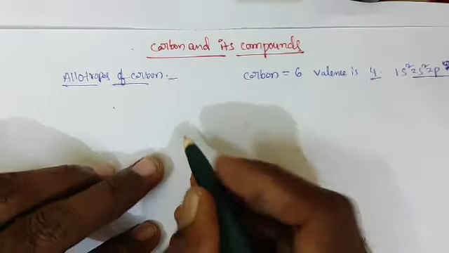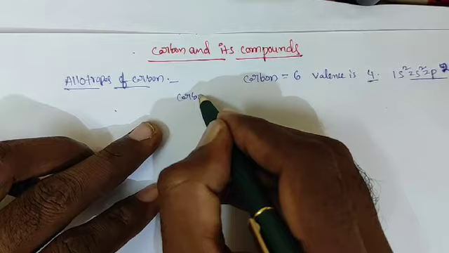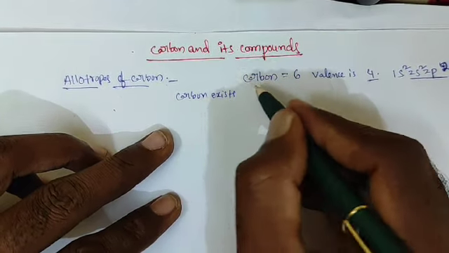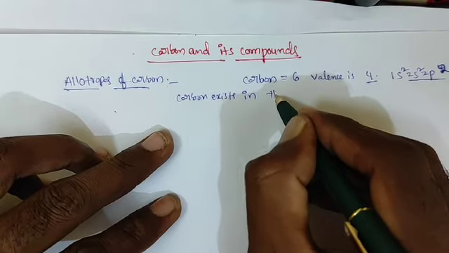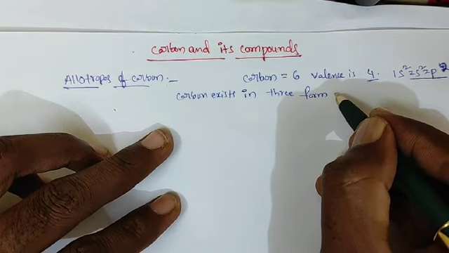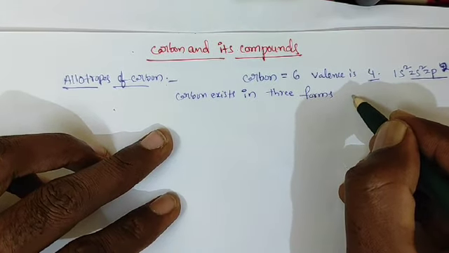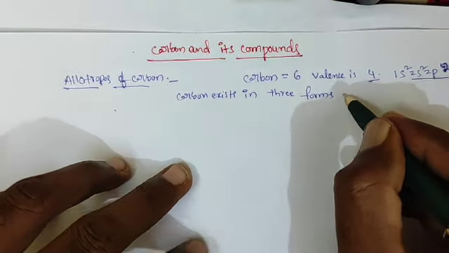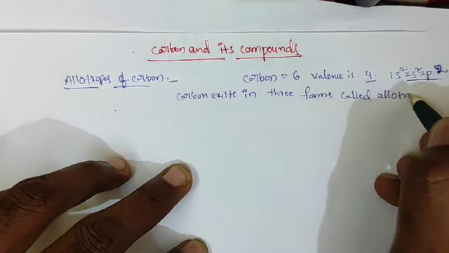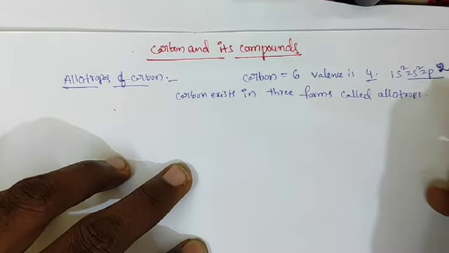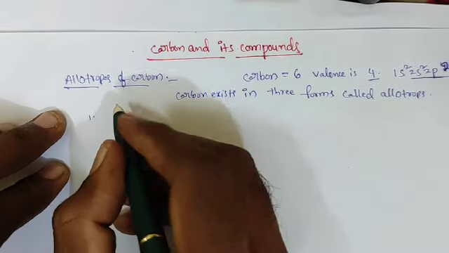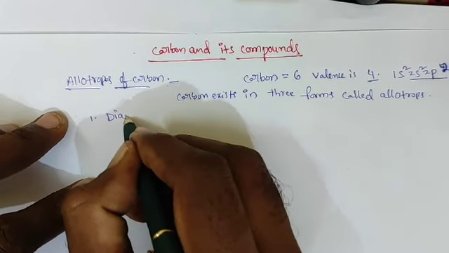Carbon exists in three forms called allotropes. One is diamond,